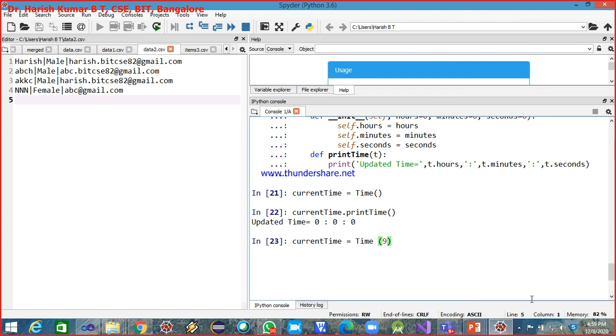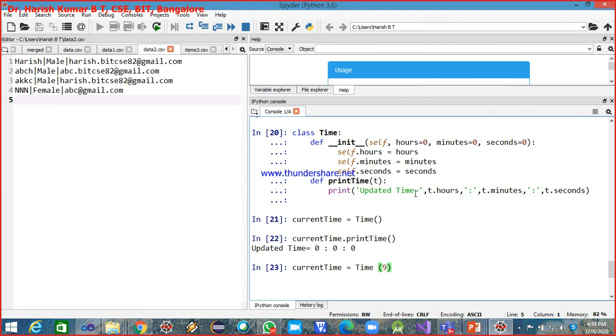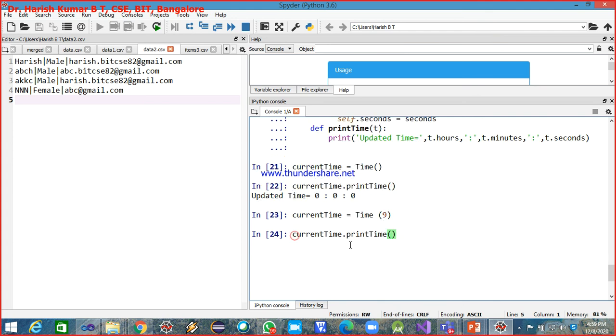So 9 is the value used for hours, and minutes and seconds will get the default value, that is 0. Okay.